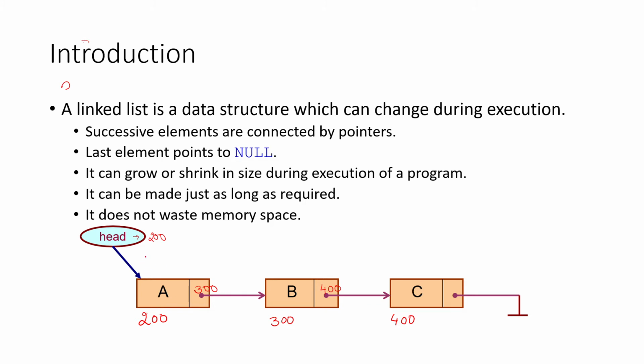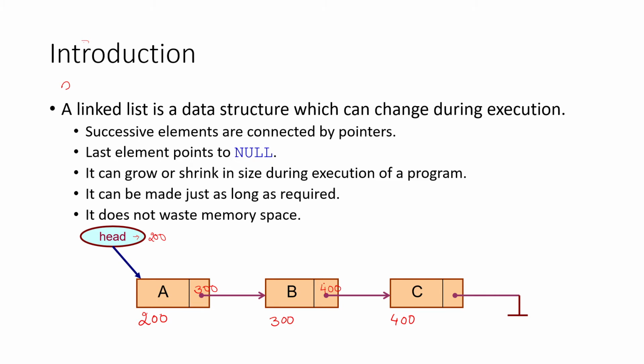Okay, if I want to access the first element of this linked list, I will first access the head which stores the address of the first node. Through this address, I reach this node and access this information. To access the next node, the address is stored in the next pointer field of this node, which contains 300. Then we reach the next location at 300 and access the information.